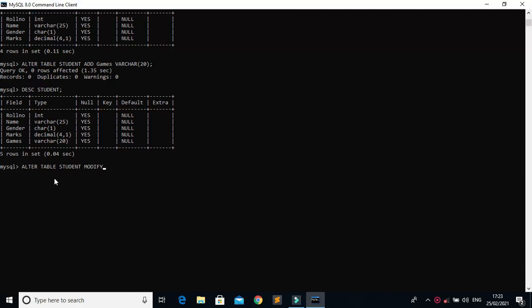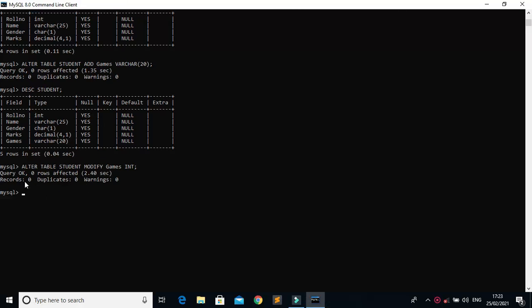What do we have to modify? We have to modify the column named games. Now the data type will be integer, and semicolon. Just press enter. Now it says Query OK, Records 0, Duplicates 0, and Warnings 0.